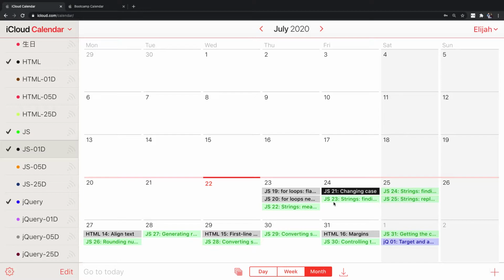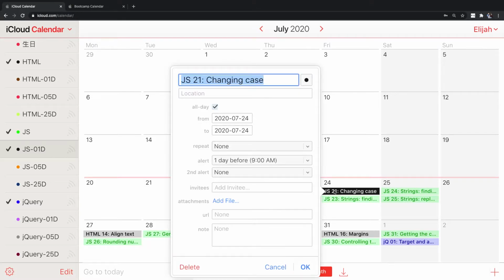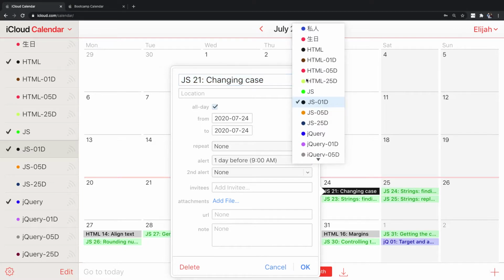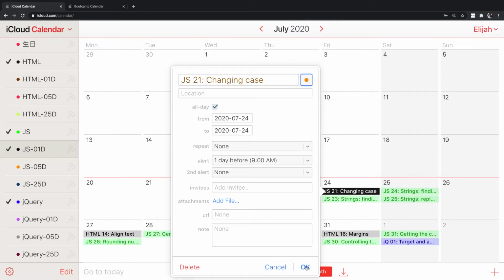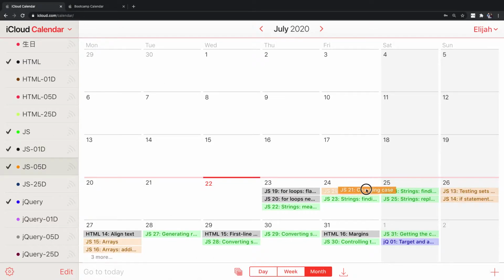And so then when the next day comes along, I'll know that this is what I'm going to be reviewing that day. And then once I have finished reviewing it that day, I'll open this up again, switch it to day 5 review, okay, and then I'll count 5 days out. 1, 2, 3, 4, 5. So I'll review it on Wednesday the 29th. And so as you can see, as I turn these other calendars on, you see more and more of my